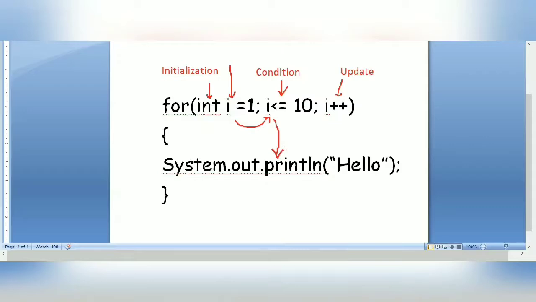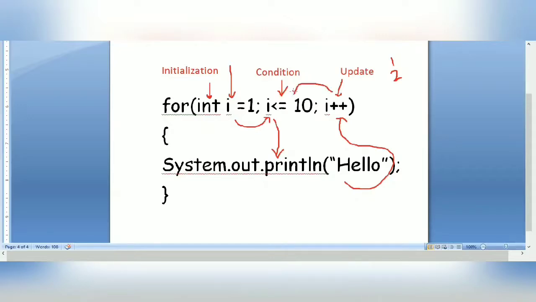So now the print statement is going to work. Whatever is inside the for loop is going to execute. After execution, it will go to the update. So i, which was 1, becomes i++. i++ means i plus 1, so it has become 2.